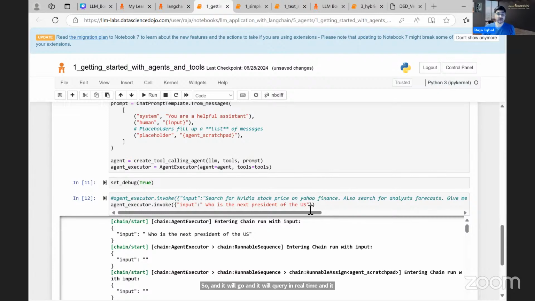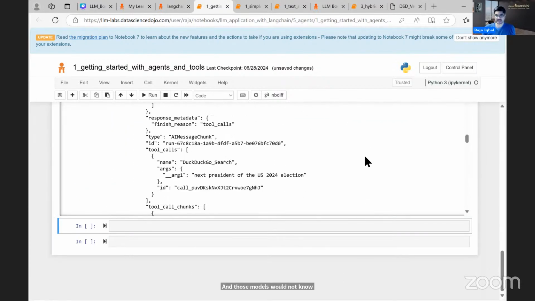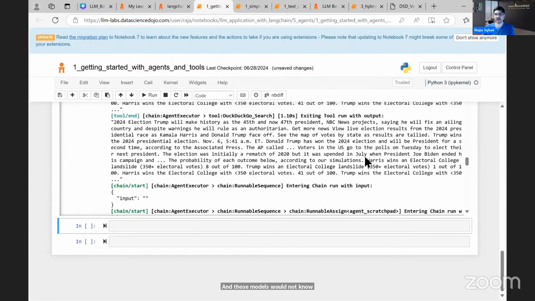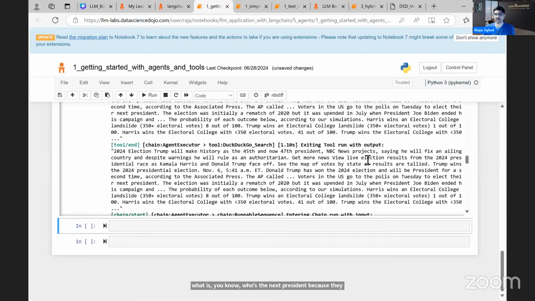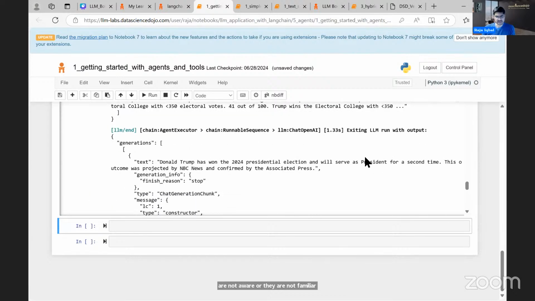If you ask this question to a standard non-agentic large language model, its knowledge is frozen in time at the time of training, and those models would not know who the next president is, because they are not familiar with what is happening. They don't even know what the current date is, right?